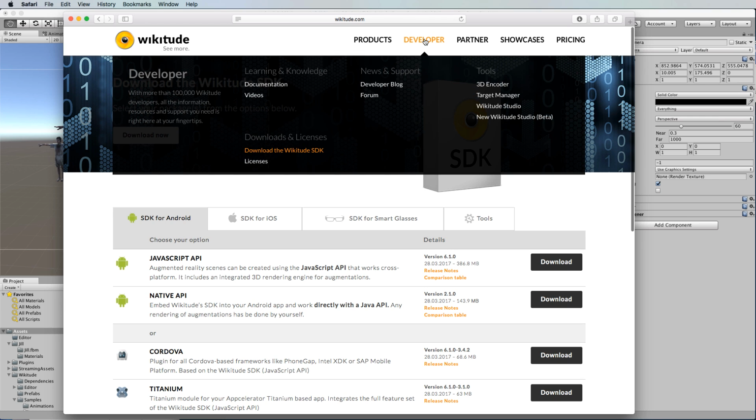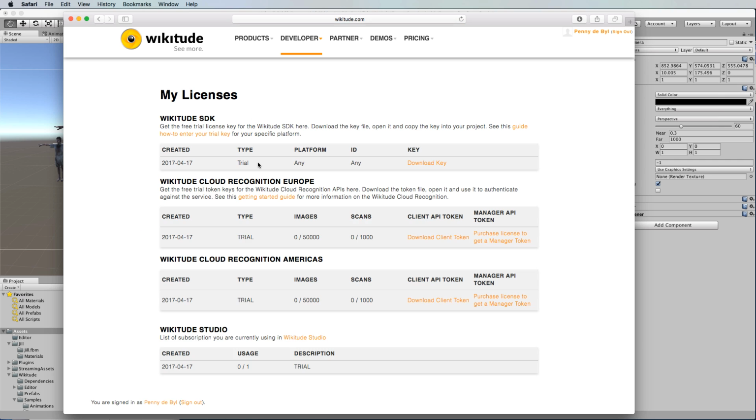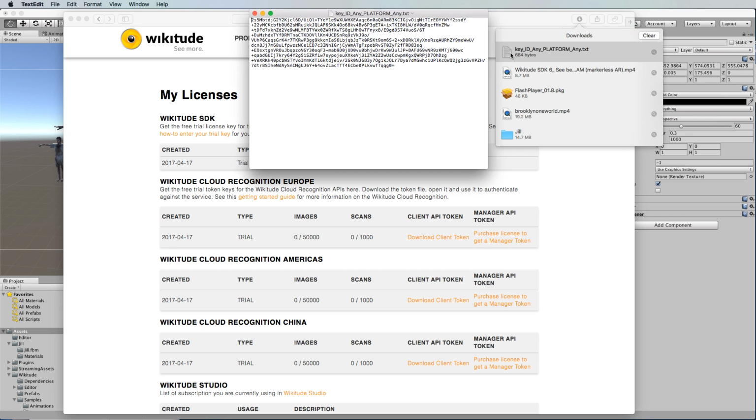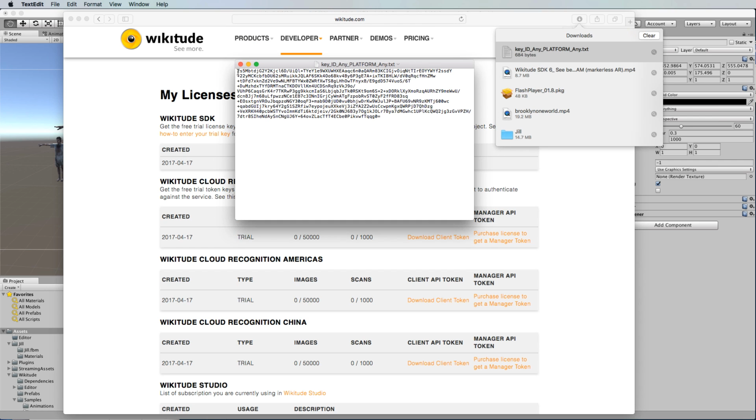Now, if we go to the developer link at the top, you'll find a link to licenses here. If you select that, it will then ask you to create an account, which I've already done. So you can see that I go straight to the licenses area. After you've created your free account and logged in, you'll then come to this licenses area where you can get a free key, which is this first one here. And if you click on download key, it will download a text file, and inside that text file, if I just open this up quickly and show you, you'll see this, which is going to be your free key that you use. So keep a hold of that text file,